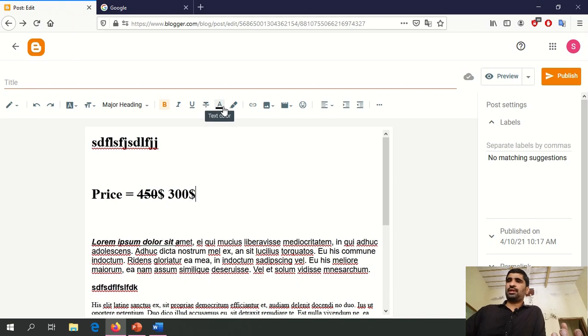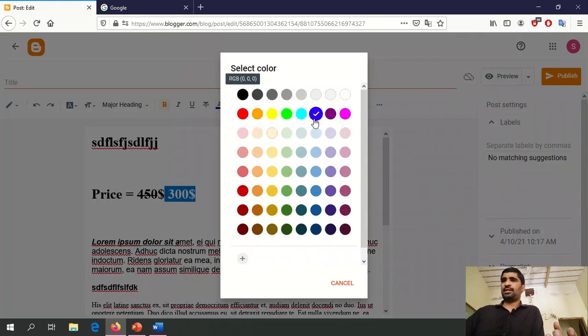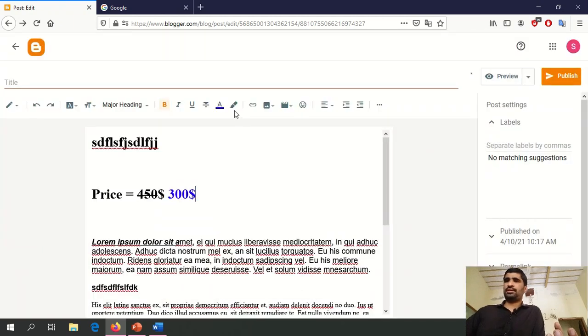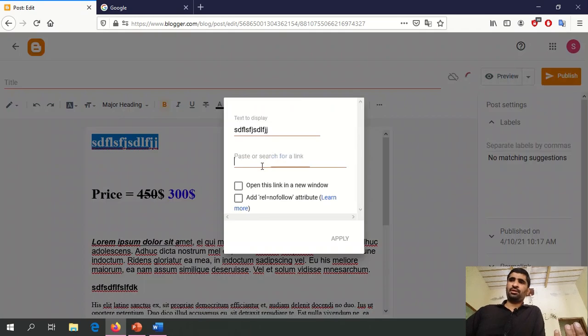This is the color of the text: simply select the text, and then select any color. This is the text background, and this is to insert a link. Simply select the text where you want any kind of link. For instance, I am inserting Google here.